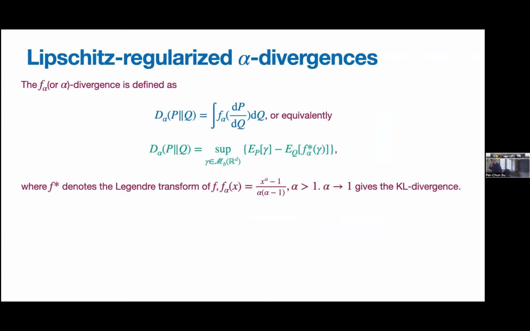Suppose P and Q have power-law densities, and P is absolutely continuous with respect to Q. P is x to the negative beta 1, and Q is x to the negative beta 2. Then this divergence is finite if and only if beta 1, beta 2, and alpha D satisfy those assumptions. For the second condition, where you only require beta 1 greater than D plus 1, this part is due to the Lipschitz. It is something more than the alpha divergence.